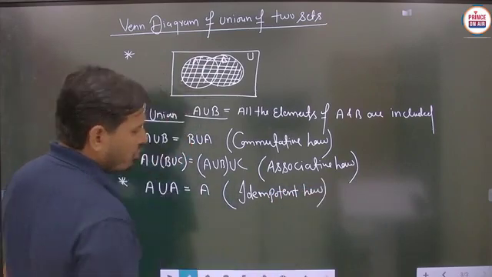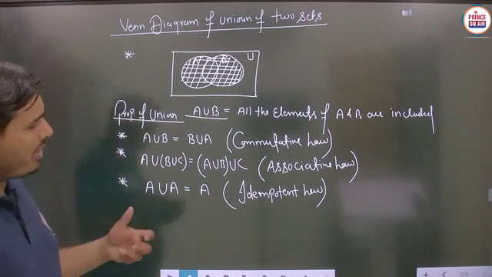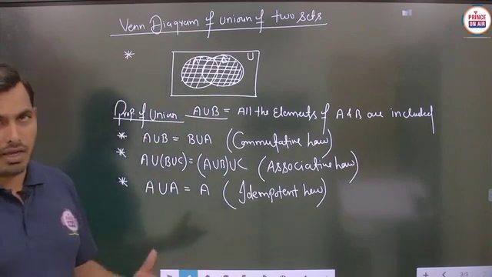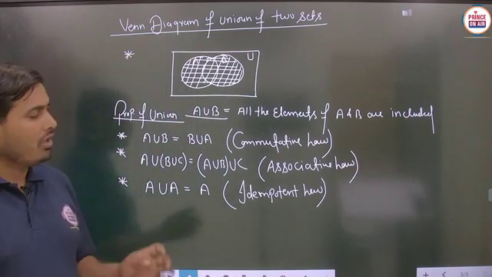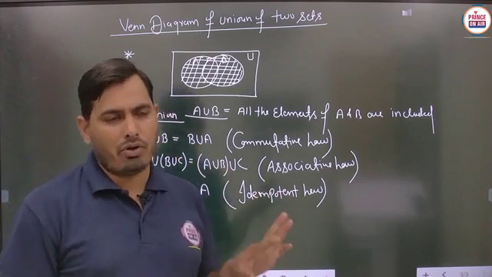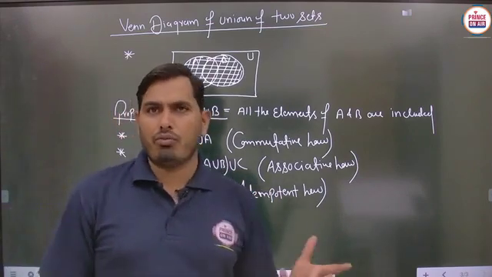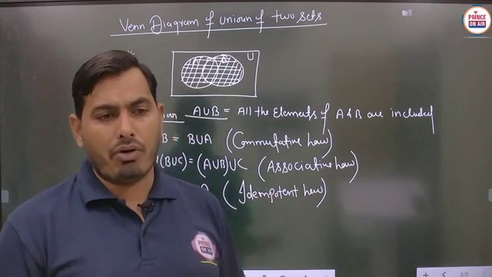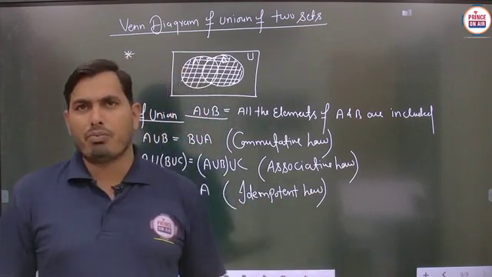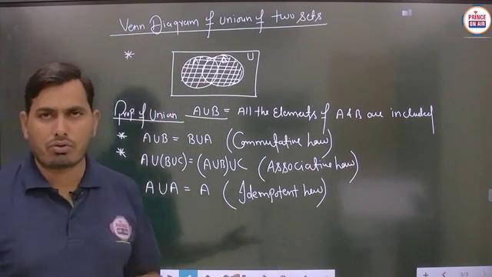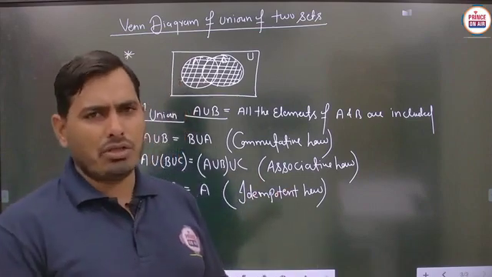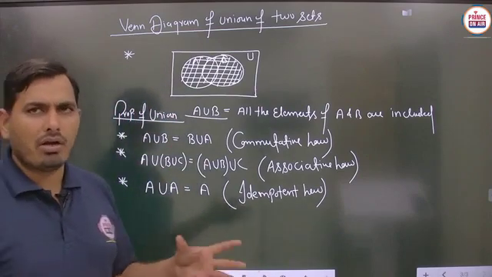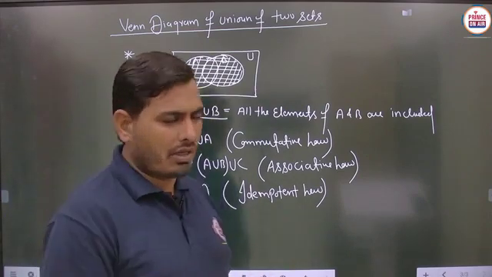So we have to know the meaning of each and every law, because sometimes these laws are very important. Suppose anyone asks about a particular kind of law, then we have to know its meaning. Student, in class 11th and class 12th, these are some common laws: commutative law, associative law, idempotent law, and some distributive properties, distributive laws are also used. These names are defined for each kind of operation, whether the particular law is applicable or not applicable. So we have to keep these things in mind always. Is it to be clear?